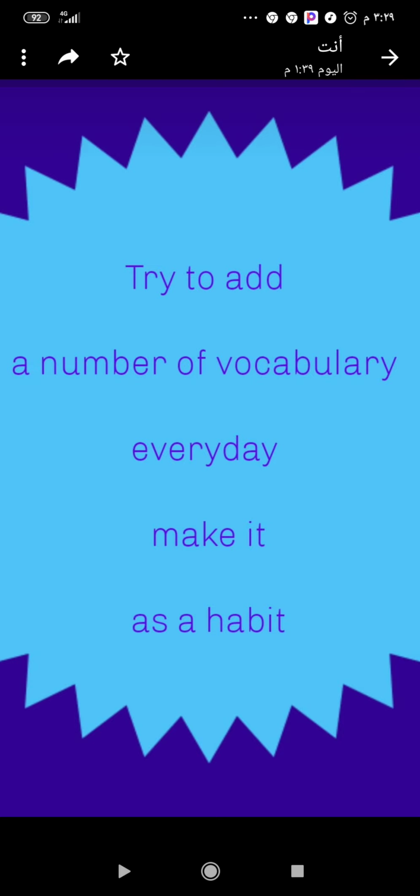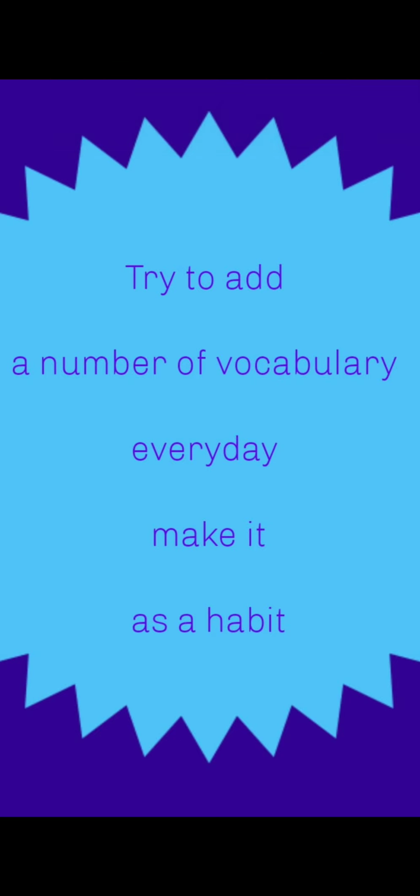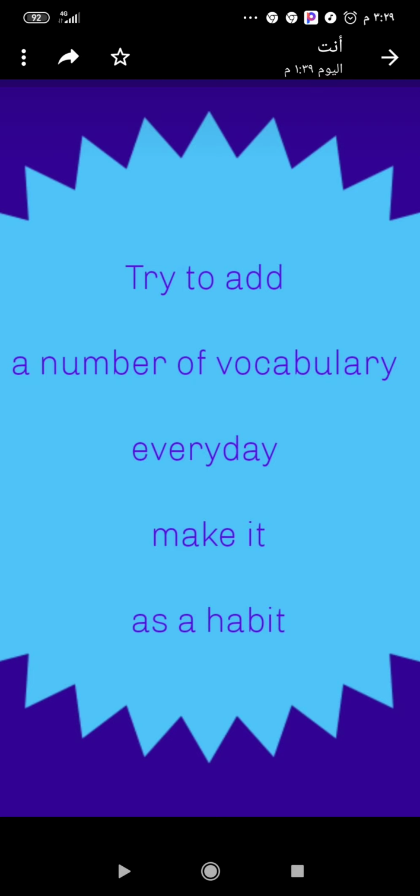Okay? So every day try to put a plan and a schedule for yourself that you need to learn 20 vocabs at least, for example. So by the end of a month, you'll find yourself that you learned maybe 600 vocabs monthly. So by the end of the year, you'll find yourself that you've mastered at least 7,200 vocabs. It could be more, by the way.